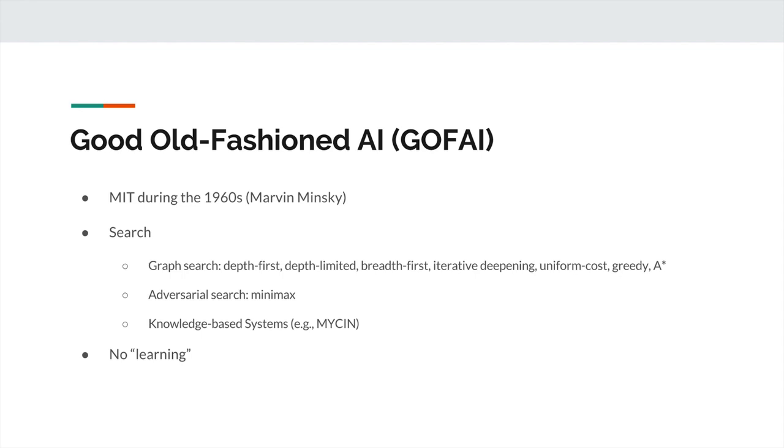This is an example of an adversarial search problem, because your goal is not only to eat all the pellets, it's also to avoid the ghosts. So you can frame this as an adversarial search problem. Then there are other kinds of systems called knowledge-based systems, where the computer asks you a ton of questions that you answer, and it would find an answer. But the whole point is that there's really no learning going on, though this is still technically under the branch of artificial intelligence.